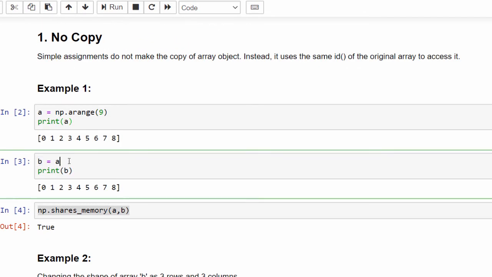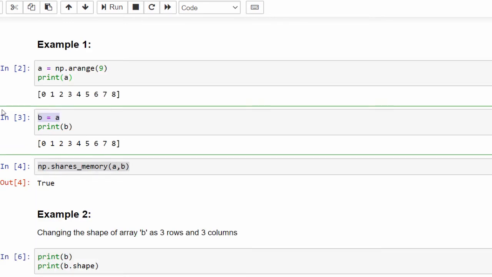So let's do a short recap. When we use the assignment operator, it uses the reference of the original array. It shares the same memory, and whatever changes you make in the secondary array will affect the primary array.